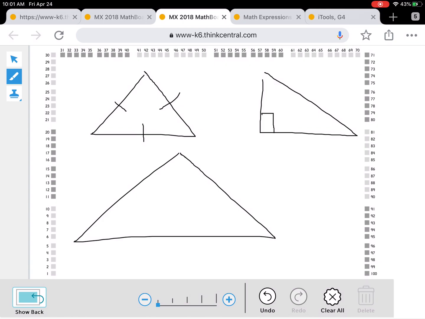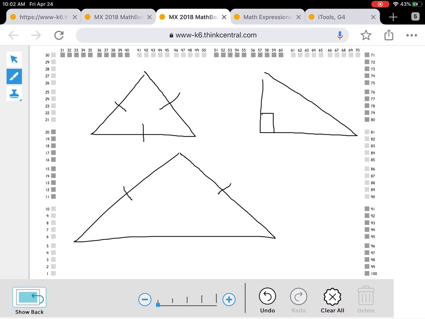You can measure triangles. I can't show you a ruler right now to measure it, but I'm going to pretend that these are all equal sides. That makes it an equilateral triangle. If you see a triangle with two sides that are equal, that is an isosceles